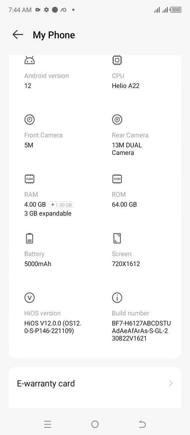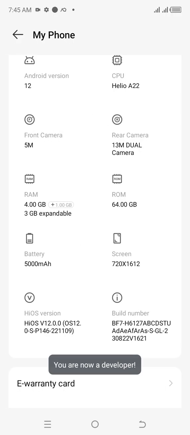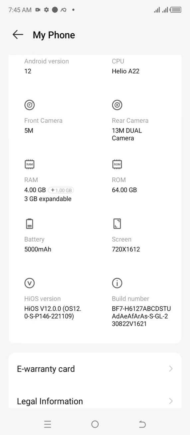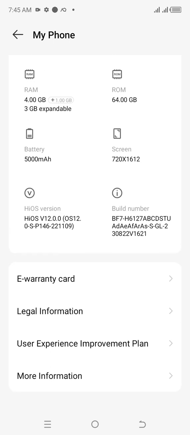On this build number, what you need to do is click 7 times. 1 2 3 4 5 6 7. Then it will ask you to input your password. Please do. Okay, it said now you are now a developer. You are now a developer, right? So having shown you that you are now a developer,